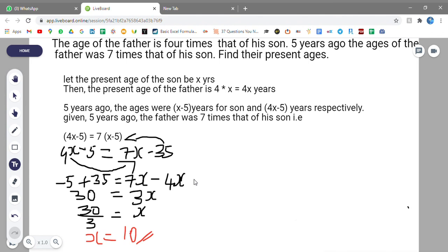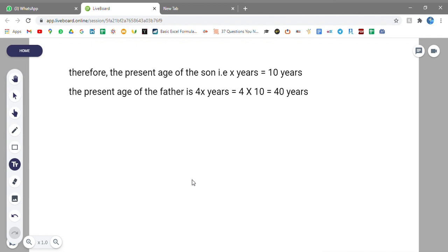Okay, so go through these problems. I'll be sending a few more problems for you to solve and practice. Solve those problems and practice them, and you will have to send me the answers of those problems along with these two problems, which have to be written in your notes.